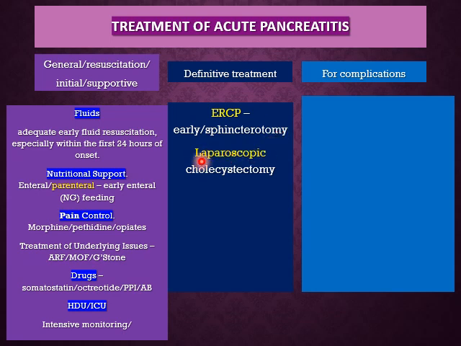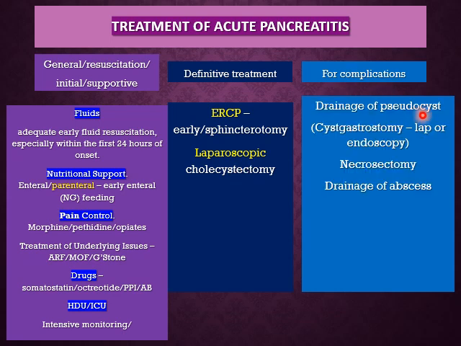And this is then followed by laparoscopic cholecystectomy. ERCP must be done as early as possible to remove the stone, and laparoscopic cholecystectomy is usually done before the patient is discharged. For complications of acute pancreatitis, you have surgical procedures such as drainage of pseudocyst, which consists of cystogastrostomy,